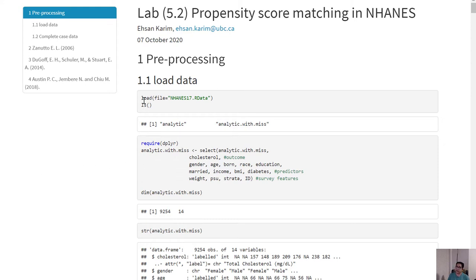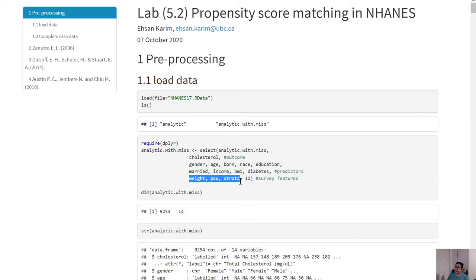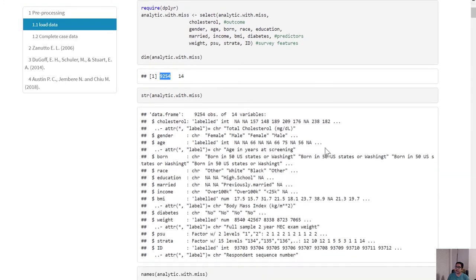Alright, so let's work with the data first. So this is a dataset from NHANES 2017-18, and I have downloaded the dataset. There are many other variables, but I'm just going to consider a few variables that are of interest for the current analysis, and I also have a few other variables that are the survey features that are incorporated in this particular dataset. So in general, I have more than 9,000 subjects,